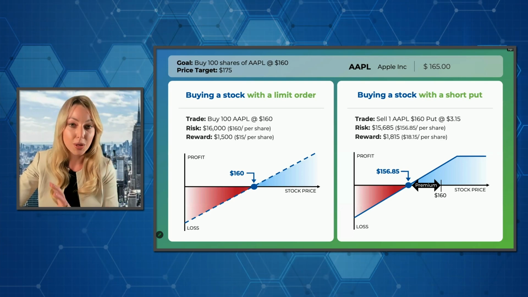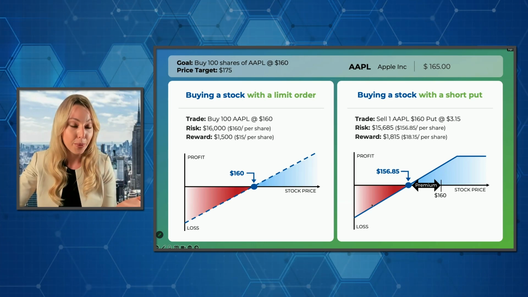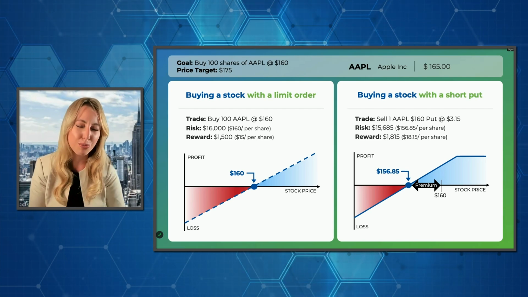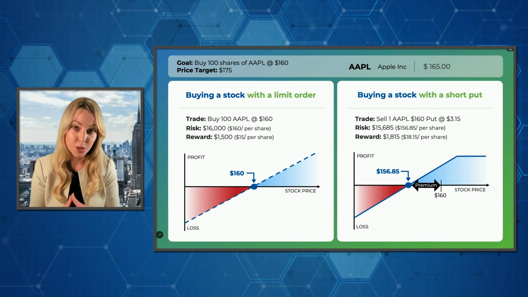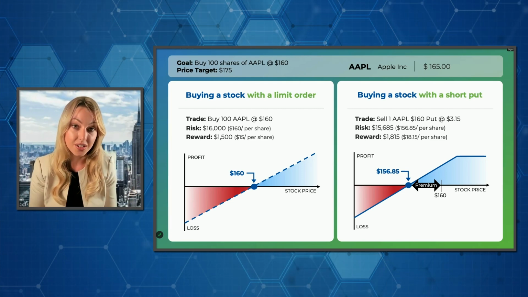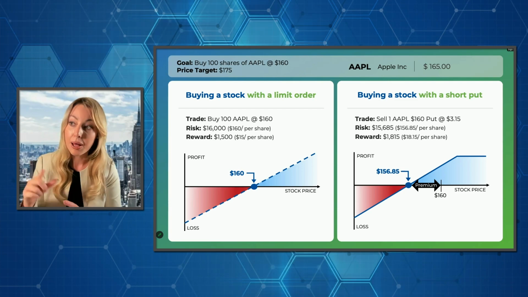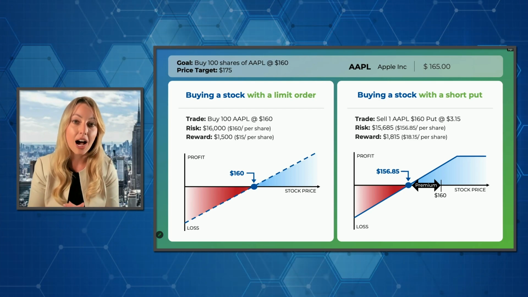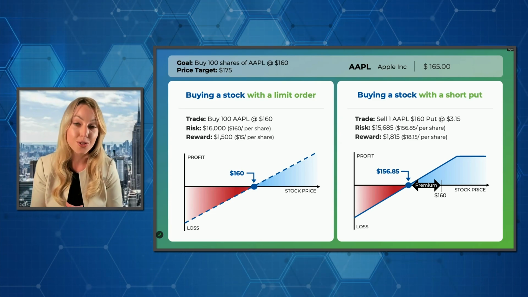So with that comparison of a limit order and utilizing Apple at an old price, so I do apologize for that. But let's say we've got Apple and you want to buy it at $160 per share and you have a price target, which is extremely important from a trader's perspective. We want to have price targets of $175 per share. Well, my risk for buying that on the limit order is spending $160 per share. And with the short put, I have that obligation of buying at $160 per share. But now I'm bringing in a premium of $3.15. So for that same obligation, I'm actually collecting a bit of a yield. Think of that in terms of yield. But I'm collecting that for the duration of the contract.